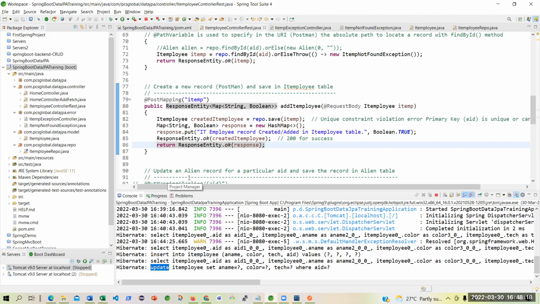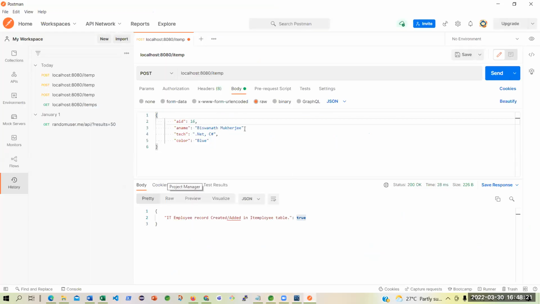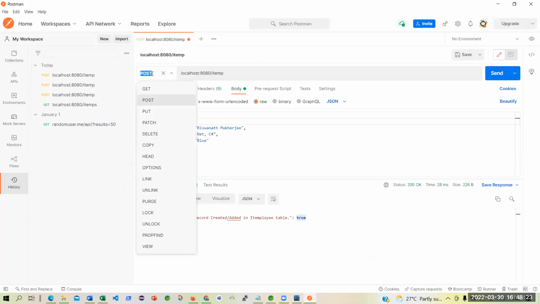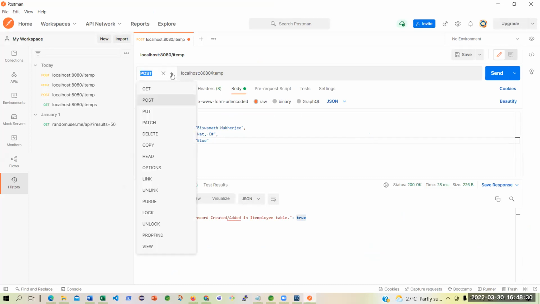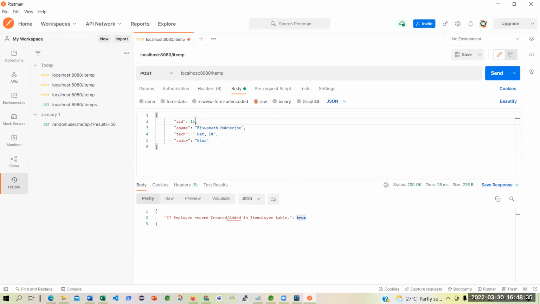I was supposed to do a post. That means I was supposed to do a new entry. But it internally converted into put. And it has updated this AID 16. Clear? But that is still a wrong way of doing things, because you intended to insert. So in most of those cases, you leave it on the